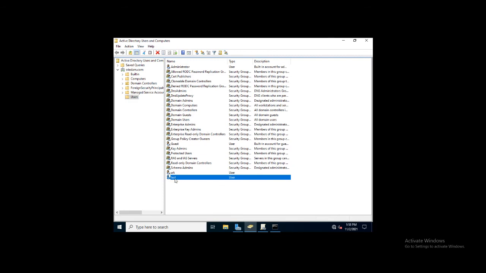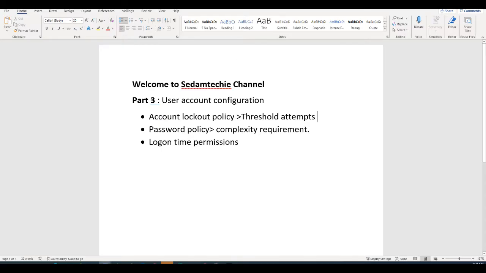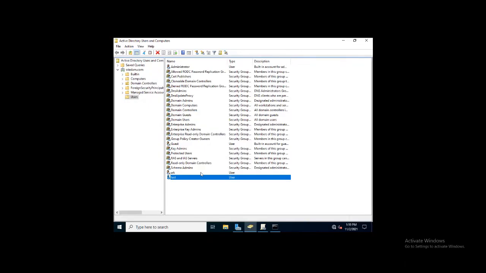In case a user contacts you, you have to right-click on the user and enable it, then your user can log in. Once you enable the user, you will not see the drop-down icon. So this is how you configure the lockout policy for the users in the domain.